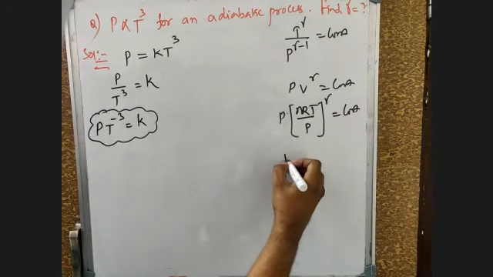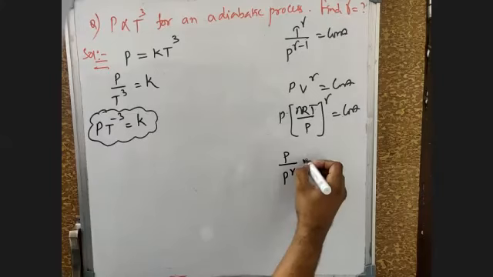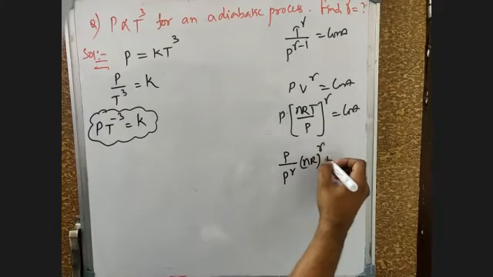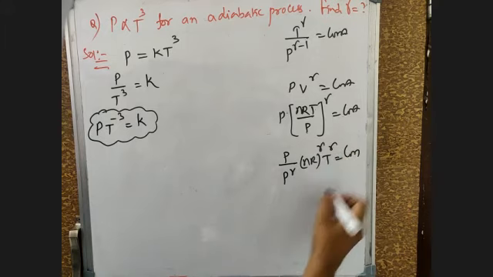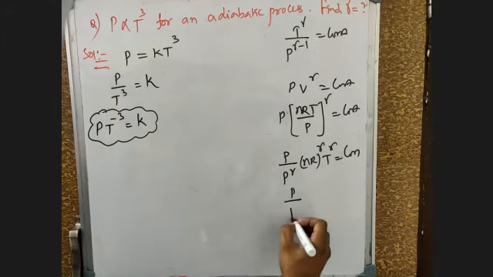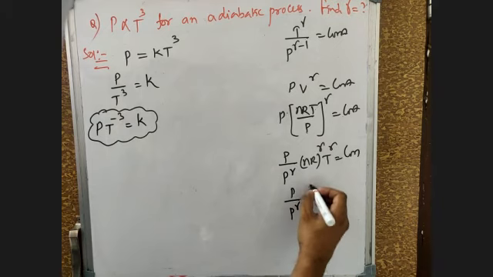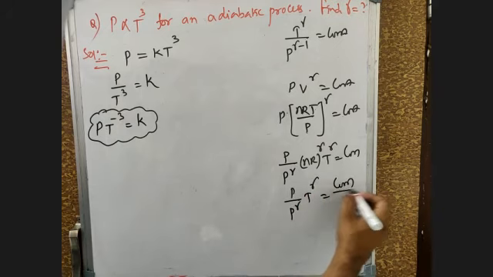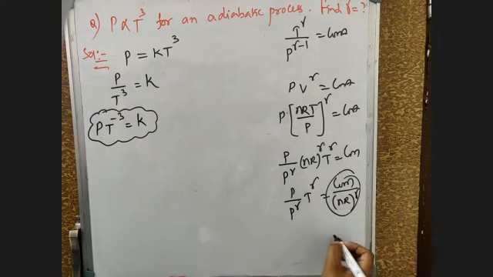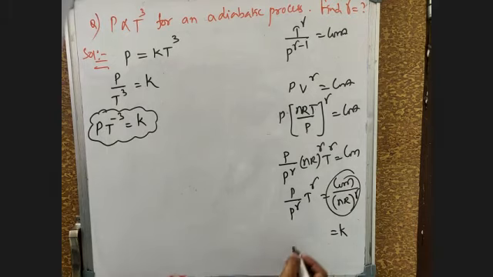So this one is P to the power of 1 minus gamma only. nR to the power of gamma, T to the power of gamma is equal to constant. So it is T to the power of gamma into P by P to the power of gamma is equal to constant divided by nR to the power of gamma. This total is a constant that I am taking as a constant, isn't it? So if I'm taking this one in the downward direction, this should be equal to gamma minus 1. So this is T to the power of gamma divided by P to the power of gamma minus 1.